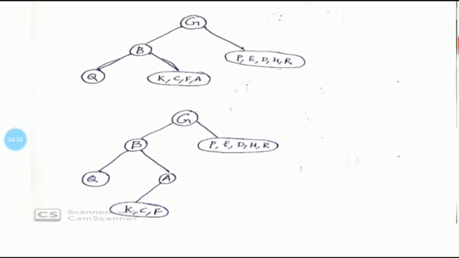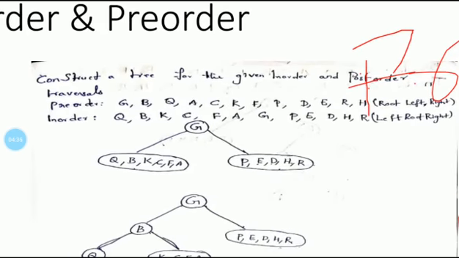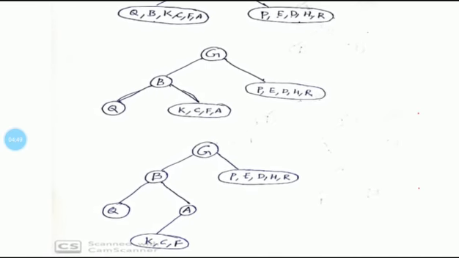The same thing works with KCFA. In KCFA, out of these four elements, which appears first in the pre-order sequence? Here, these four elements are there. The combination is different, maybe ACKF, but out of this KCFA, A appears first in the pre-order sequence, so A becomes